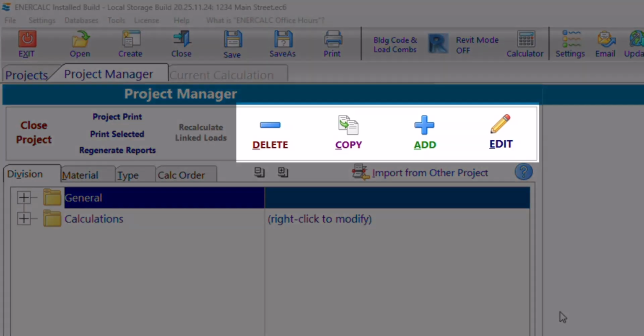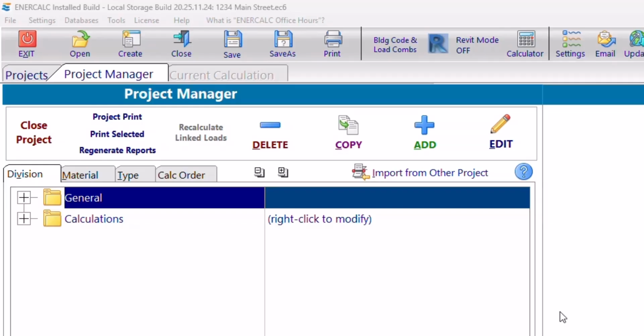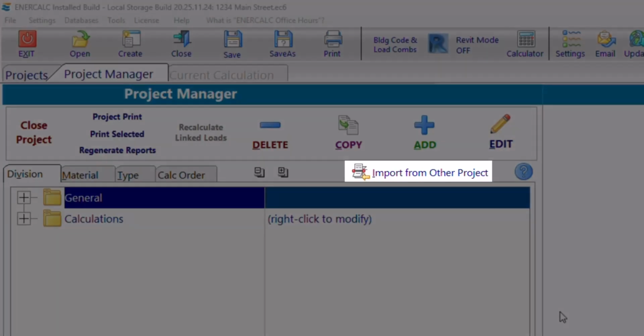The tools you'll most commonly use are these four: Add to create a new calculation, Copy to duplicate an existing calculation to use as a starting point, Edit to reopen a calc to make changes, and Delete to remove a calculation. But a couple of other useful tools here are the ability to import from other projects, which allows you